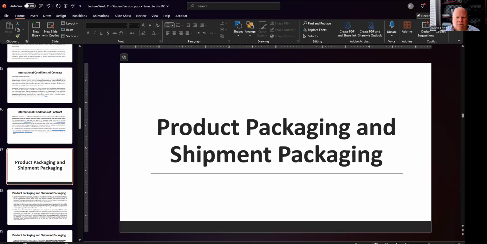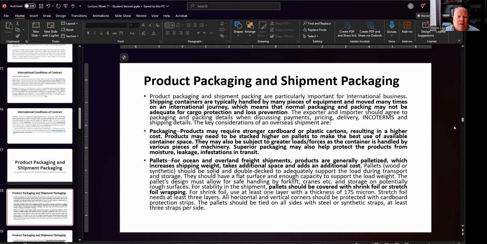Next, international. We've talked about contract terms, things to consider in your sale contract. Obviously, some of this we talked about, so I'm going to go through this very quickly. But if I'm shipping internationally, there are certain packaging and shipping issues that I want to worry about. My cargo is going to be handled many times. It may be loaded onto a truck, then onto rail, and then onto a ship, and on the other end, unloaded back onto rail, and then onto a truck, for example. And it'll be packed in this multimodal package or